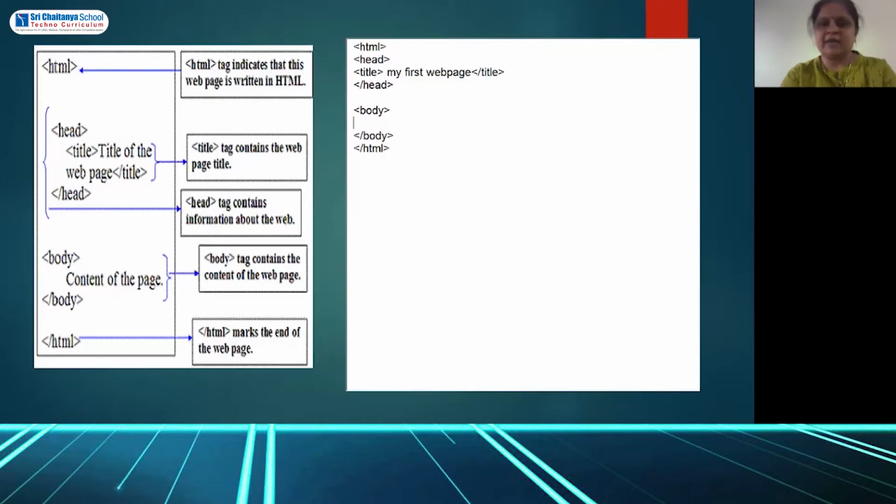And here I will write: welcome to ITC class. Today we are learning how to create a web page. I want to display this information on my web page, so I have written this.